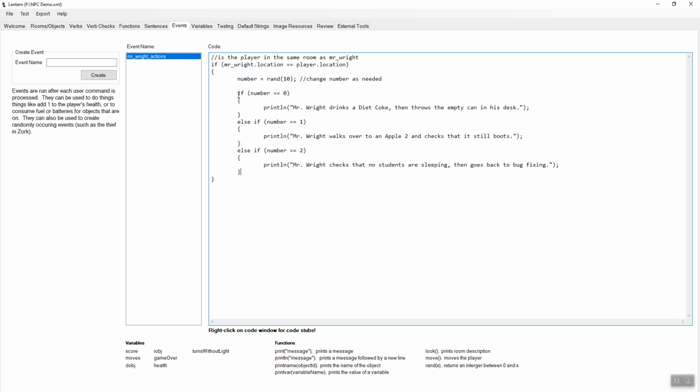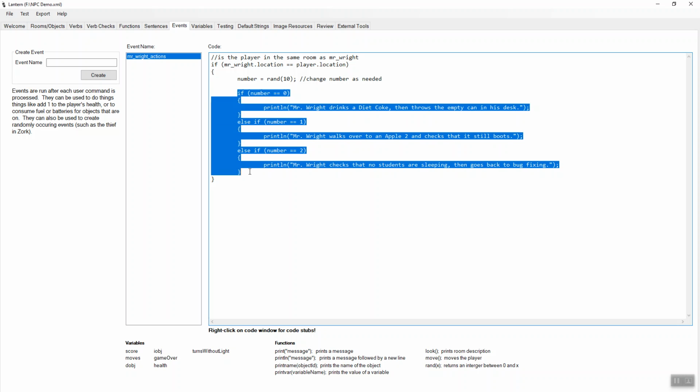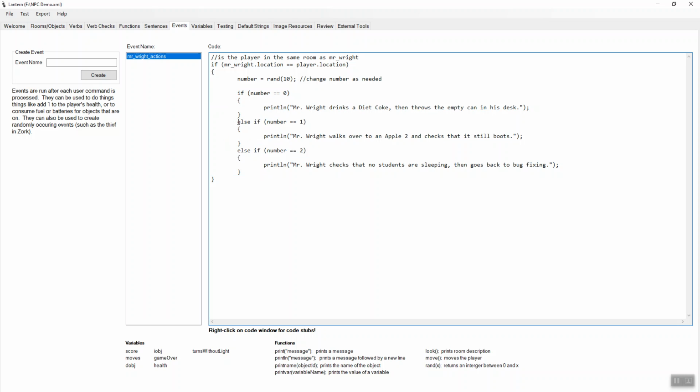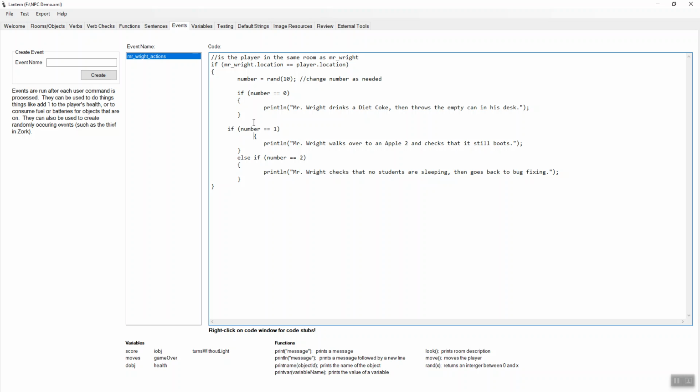Now, also notice these are else if statements. So if this is true, do this. Otherwise, if number is 1, do this. Now, do we really need the else? Well, technically not, but it'll actually run a little bit faster. So when you have else ifs chained together like this, we are only going to do at most one of these possibilities. If these were just all if statements, not connected, like this,